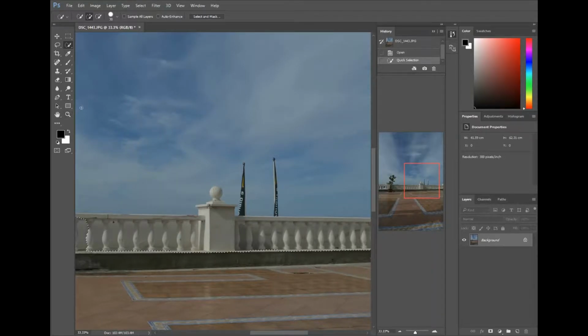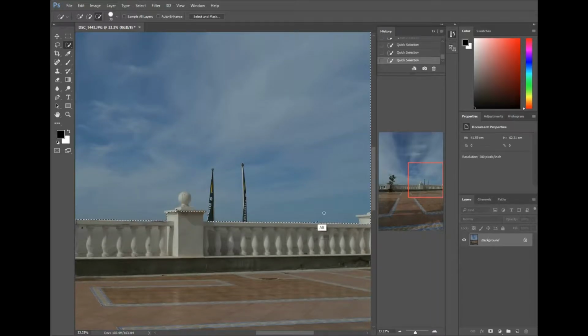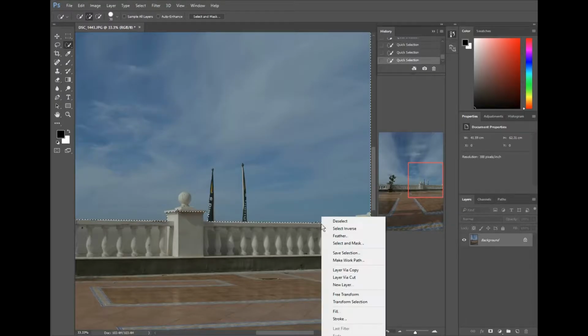And I'll now wish to force this selection back on itself. To do that, I hold the Alt key down, and I now get a minus sign appearing in my selection brush, and I can push it back up. And if I do that all the way along, I can quickly deselect areas that I had previously selected, and if I go along the wall there, I can be a bit more accurate with my selection. If I want to add to the selection, I let go of the Alt key and move my brush back down a bit